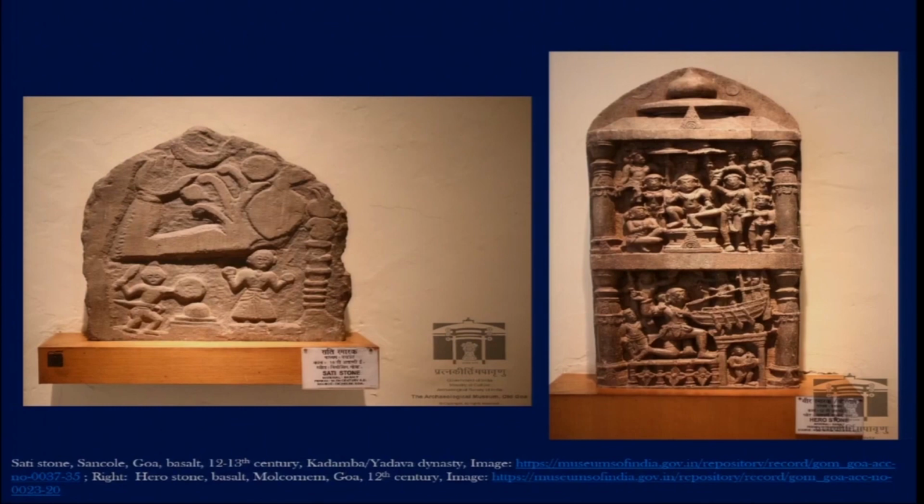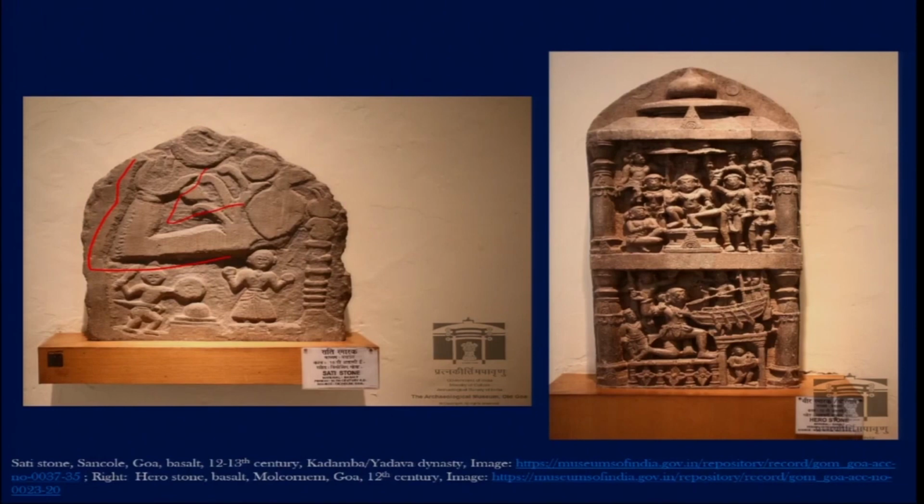And as part of the sati stone, there are also some characteristic features. If we think about the hero stones, we find particular heroic figures, but for the sati stone there are a few other characteristic features. Sometimes we do not really see the face of the person who is considered sati, but what is prominently featured is the right arm. So we see the right arm here, the arm of the person who had committed sati.